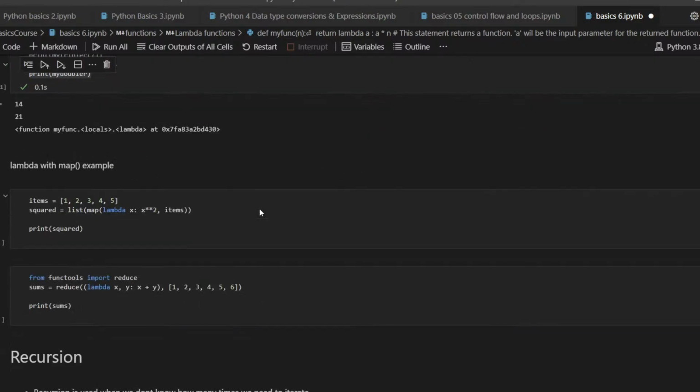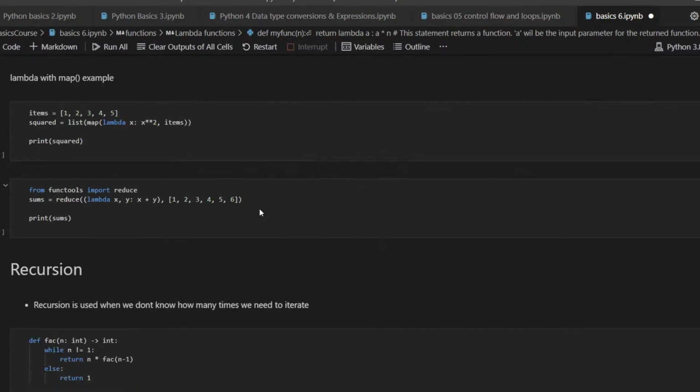Let's go into a slightly more useful implementation of lambda functions. We use lambda functions extensively when we deal with big data, Spark, Hadoop. So there we use things called map and reduce. If you're using that, you'll probably be much aware of all these map and reduce functions. But essentially,